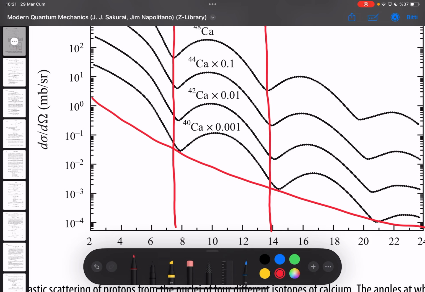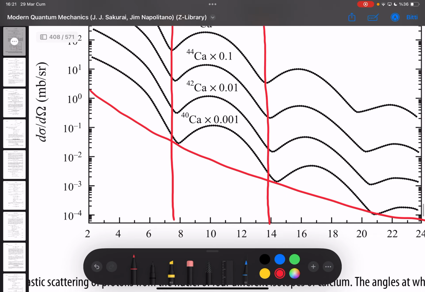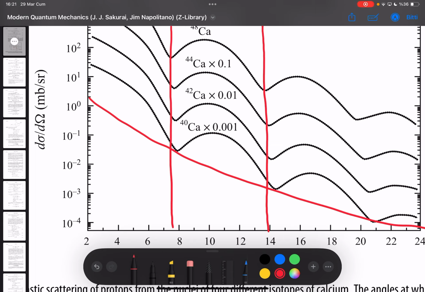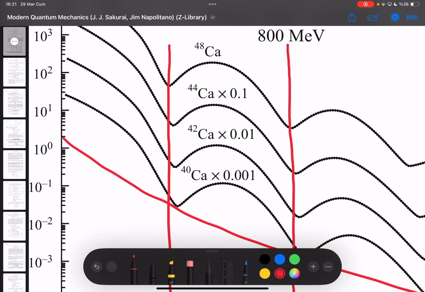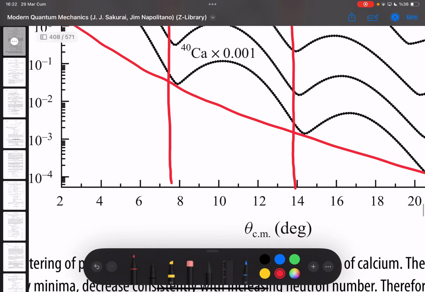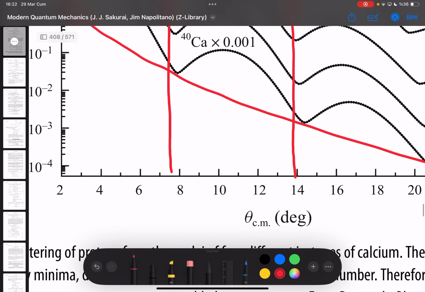Are these straight lines for you? There's a slight shift. Is there, or is that just, like, my first guess would be to say experimental error or something, right? Why is this? Also note that these are calcium 40, 42, 44, and 48. Different number of neutrons. Well, and also keep in mind that this is a plot as a function of theta,